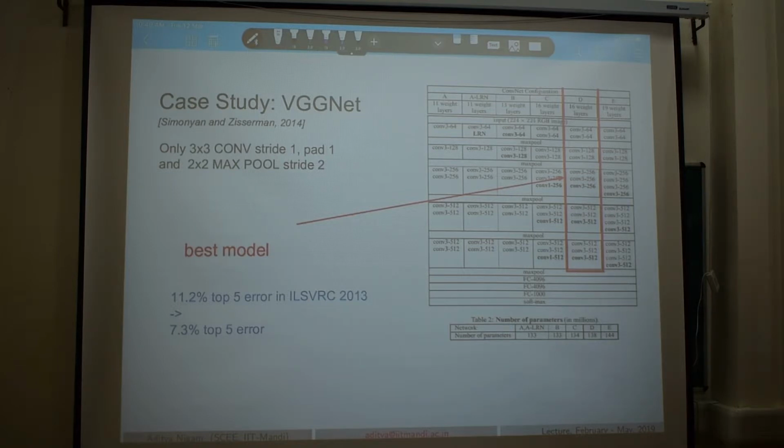The very simple part is that in each and every layer there is only 3 by 3 convolution. A very symmetric network, 3 by 3 everywhere. First layer maybe 64 such filters, then 128, 256, 512, 512. After that, continuously you have max pool, max pool, max pool. A very easy, straightforward, simple and intuitive network. It performs very well. Even if you take this network and apply it over any type of classification problem, you are going to get decent enough results.